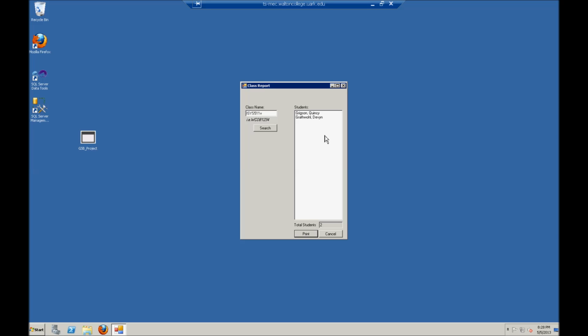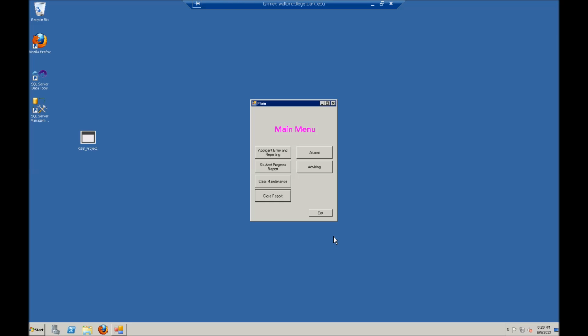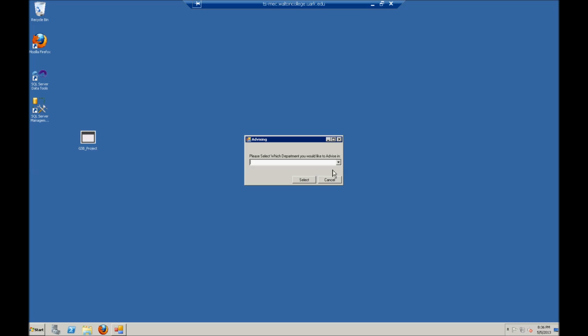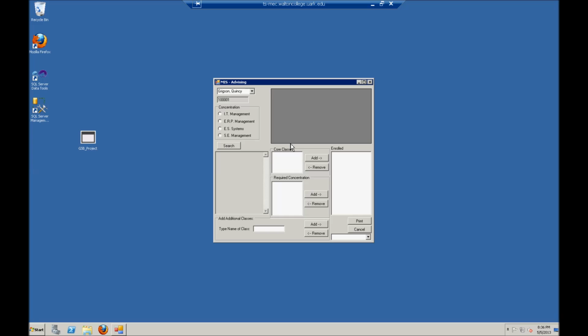They can easily log on to Class Report, type in the number, and see how many students are in that class. I'm going to show you the advising function of our program. In the advising, you can choose between the different departments or programs in which you want to advise. I'm going to choose the Masters of Information Systems, and after I select that, as you can see, it looks very similar to what we had last time. You can choose the concentration of the current student,